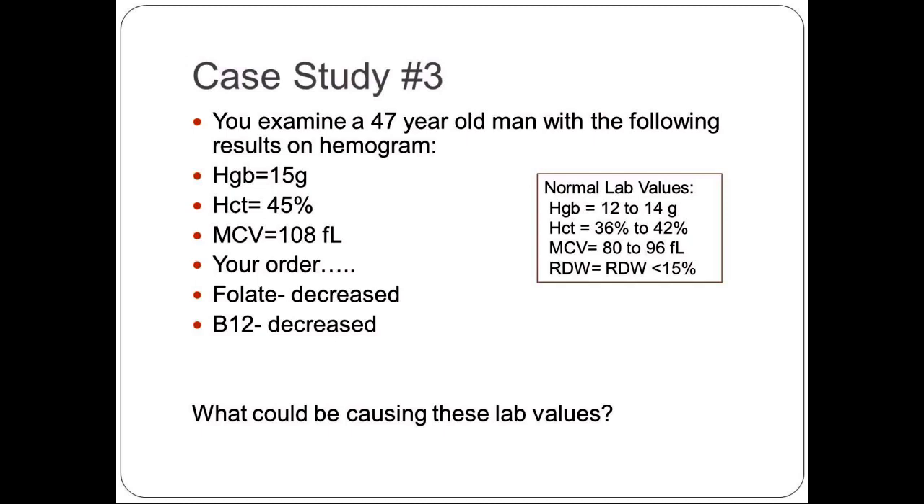So you can see that his hemoglobin and hematocrit are a little bit elevated, but nothing to be too worried about. It's not like he has hemochromatosis, so you shouldn't worry about that. His MCV is large, which means what? He's macrocytic. So you decide that you're going to order a folate and a B12, and lo and behold, they're